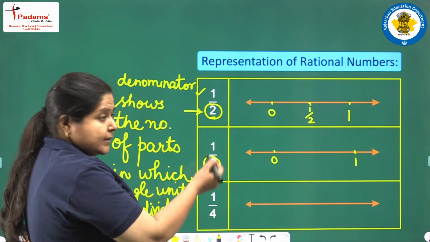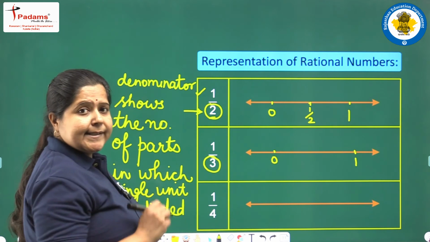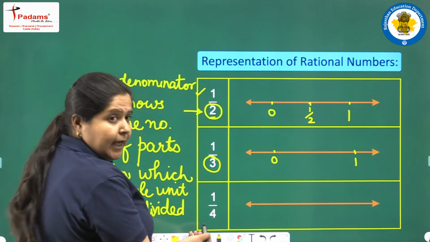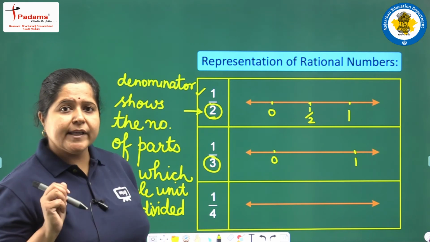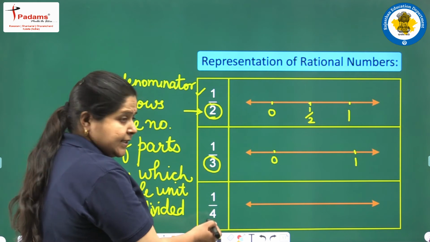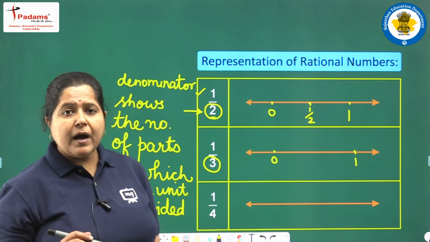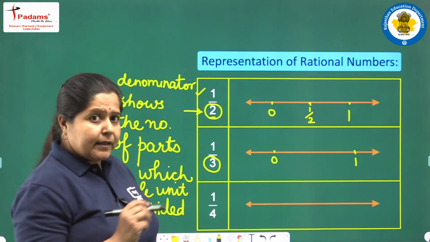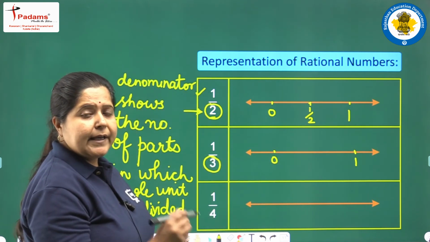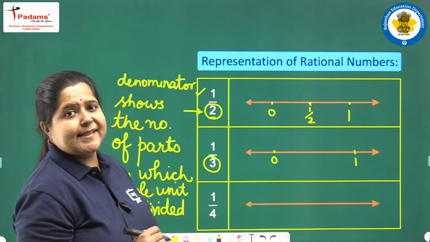If we have to make 3 divisions, we will mark 3 minus 1, that is 2 points in between. However many parts we have to make, for example 4 parts here, we will mark 4 minus 1, that is 3 points in between. The number which is in the denominator, we will mark one less than that many points between 0 and 1 at equal distances.